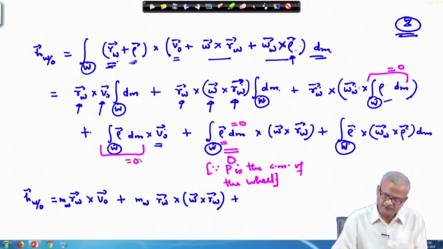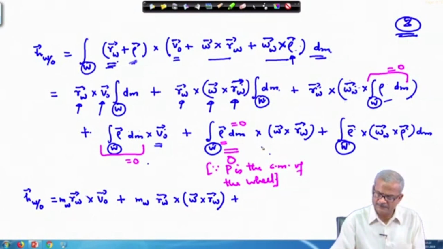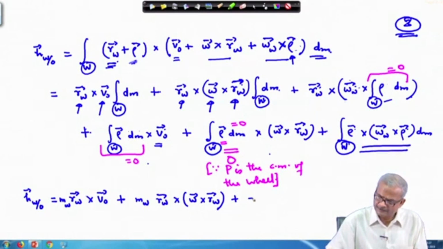The third term drops out, this term drops out, this term also drops out. So, 3 terms together in a sequence they are getting dropped out, and the last term, this term is nothing but